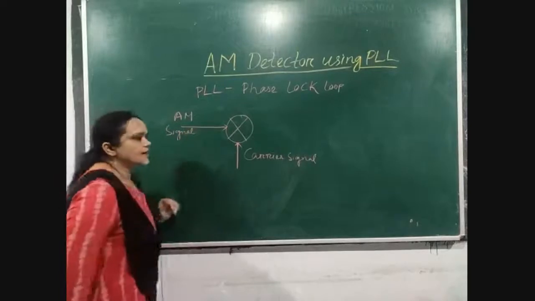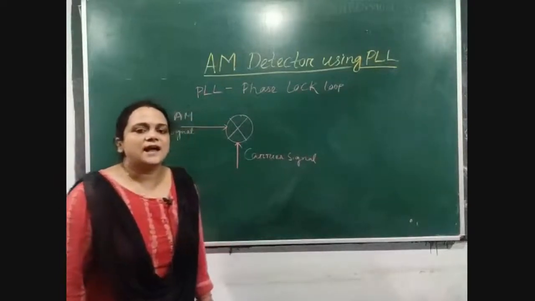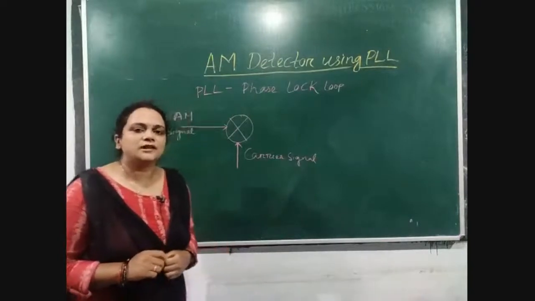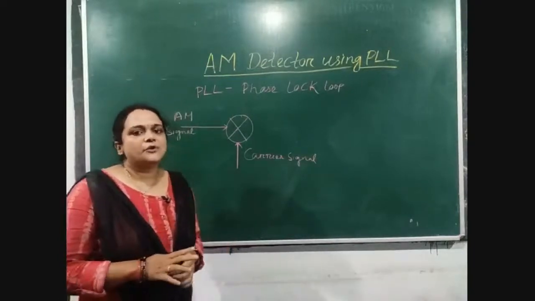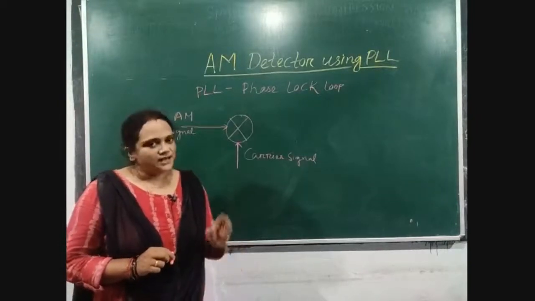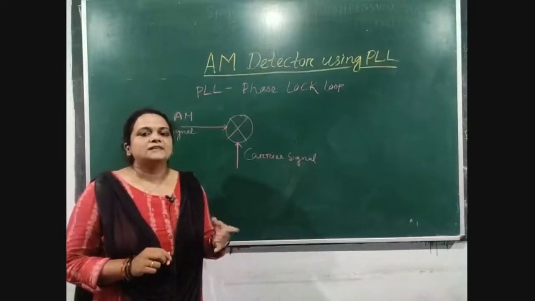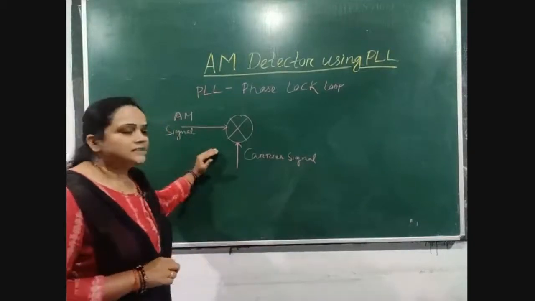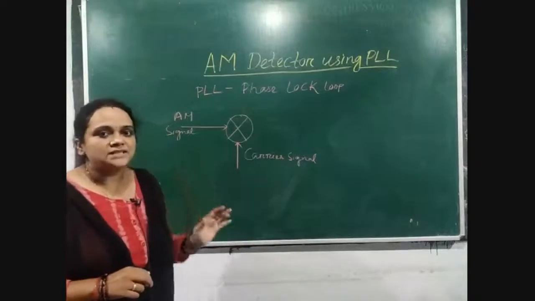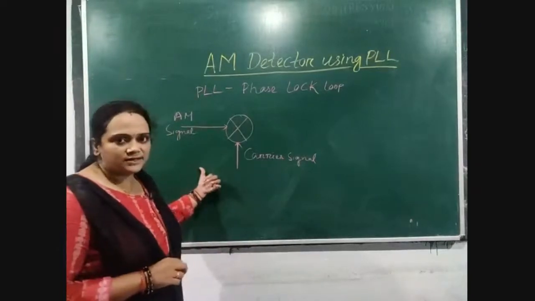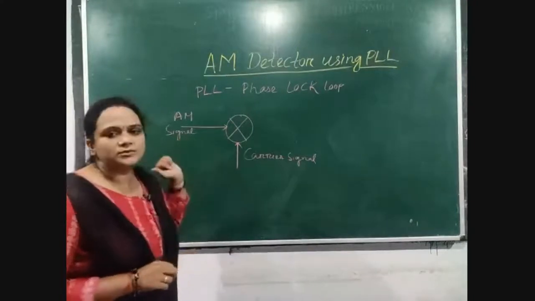As we know, in modulation technique, at input side we need two signals for modulation: one is the modulating signal and another one is the carrier signal. Like this, at the demodulator section, means in coherent detection method, we also need two signals,